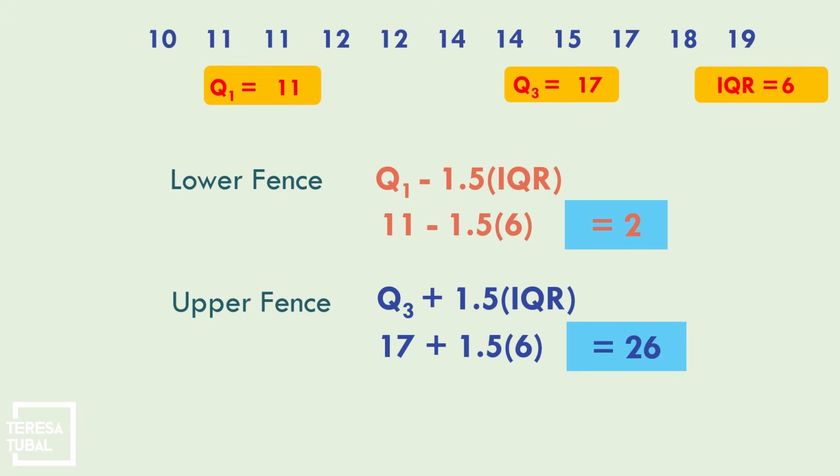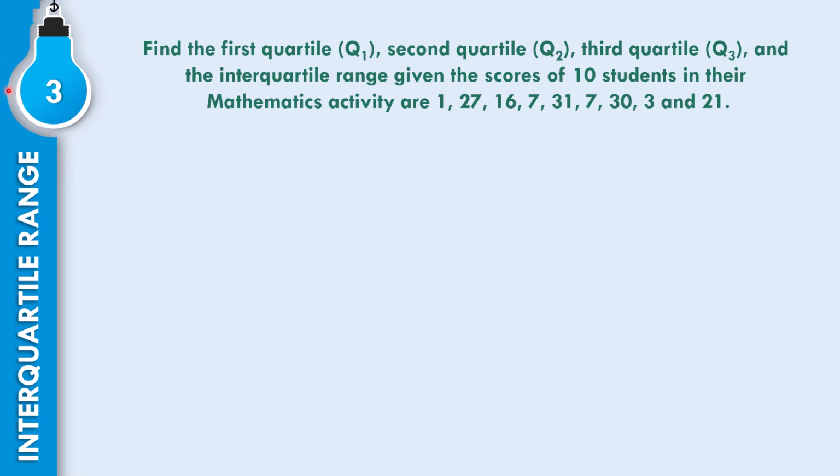So the lower fence is 2, the upper fence is 26. So kung tititigan natin, walang lagpas dun sa boundary between 2 and 26. So it means the outlier is equal to none. In example number 3, find the first quartile, Q sub 1, second quartile, Q sub 2, third